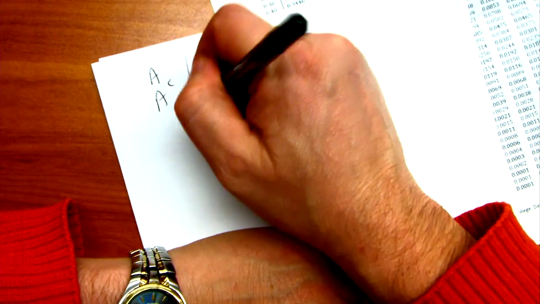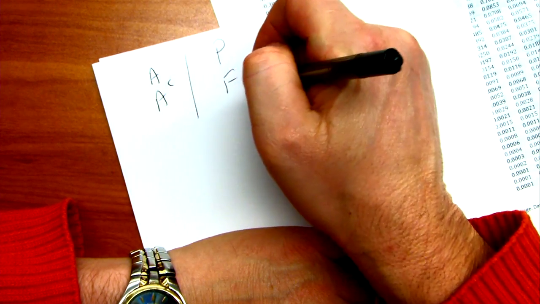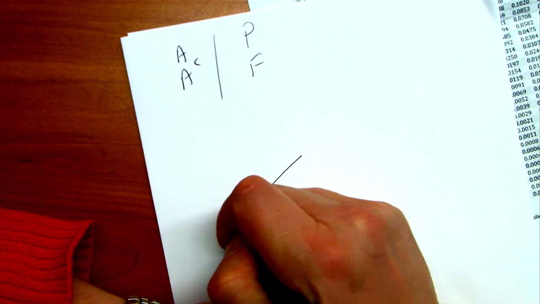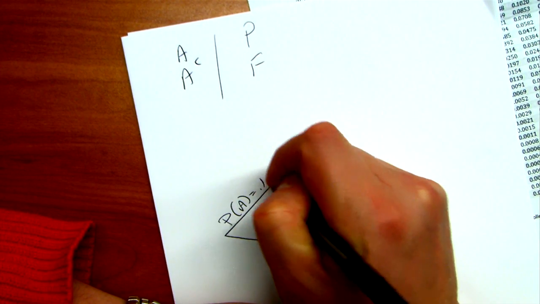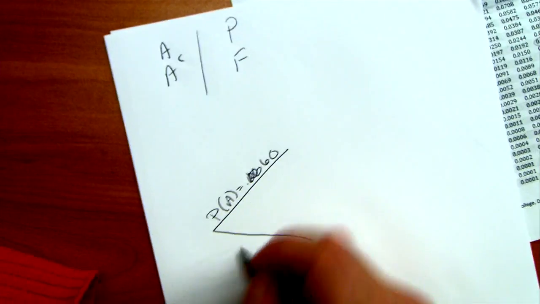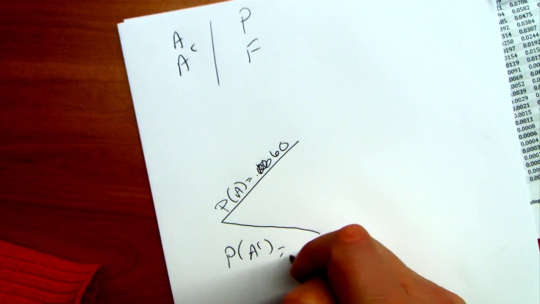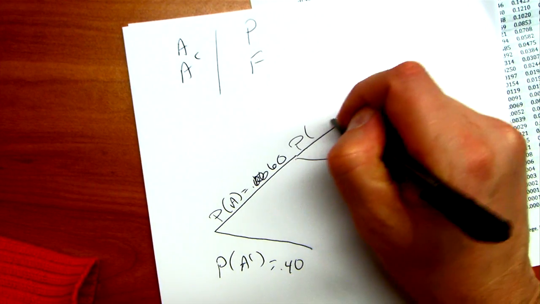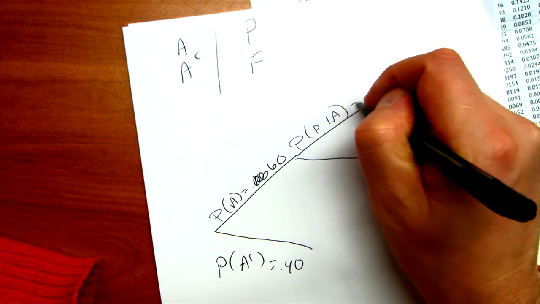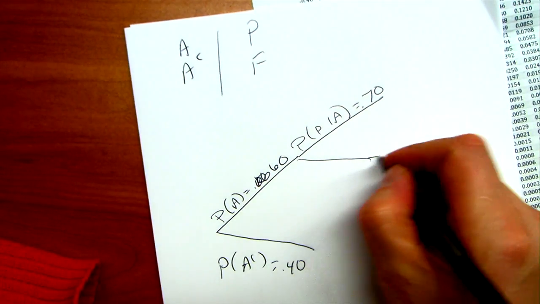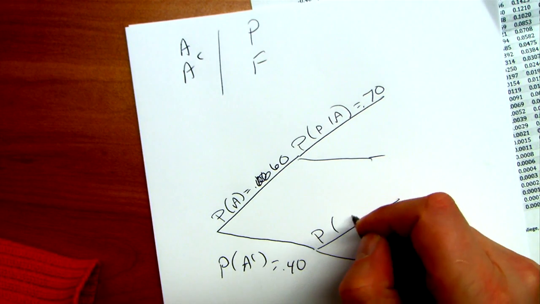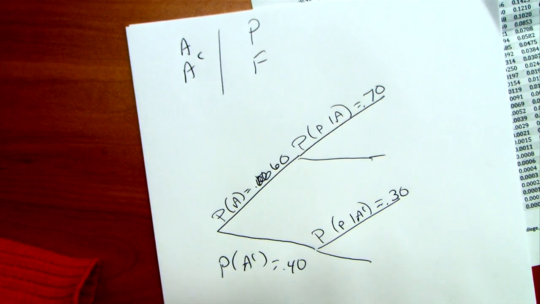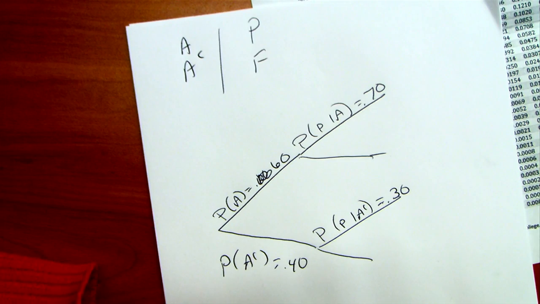All right, P or F, we'll say P or F for the other two, okay? So P means pass, F means fail, even though my example was A. So I said that about 60% attend. That means that 40% don't attend. I said, given that you attend, 70% of them pass. And if you don't attend, still 30% pass. So I only gave you 3 probabilities, but you can still fill in the rest of this